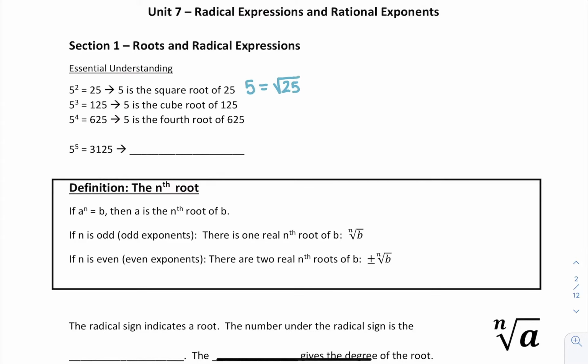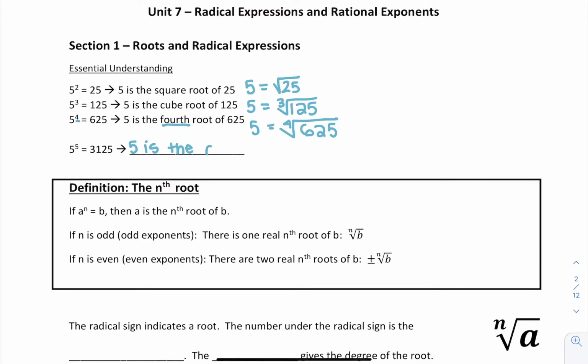We might be less familiar with the other ones. So 5 cubed equals 125 means 5 is the cube root of 125, or 5 equals the cube root of 125. Then 5 to the 4th equals 625 means 5 is the 4th root of 625. So if 5 to the 5th equals 3,125, 5